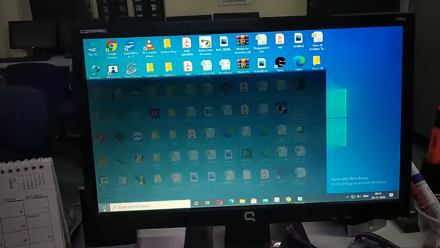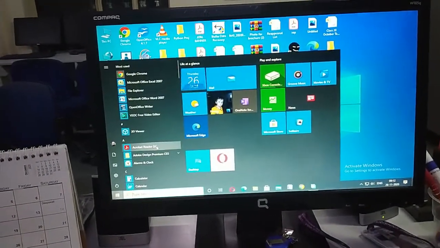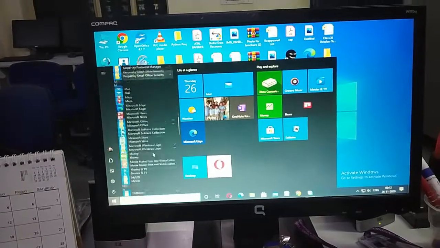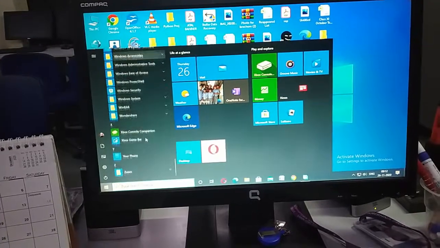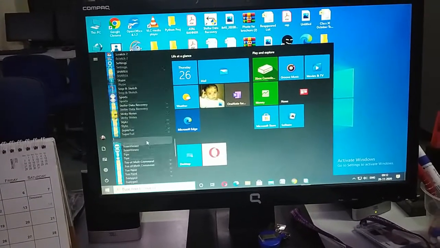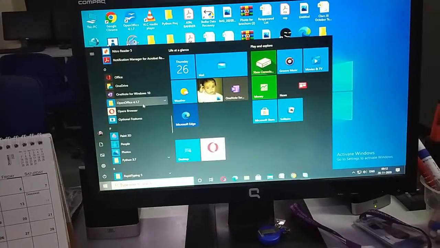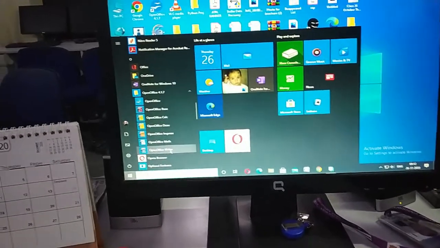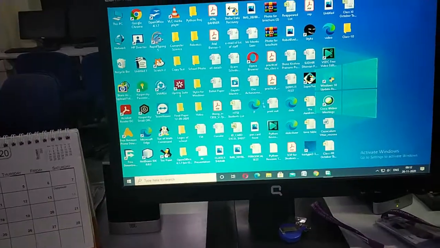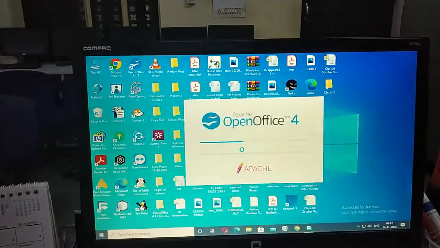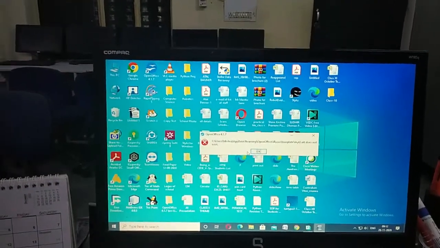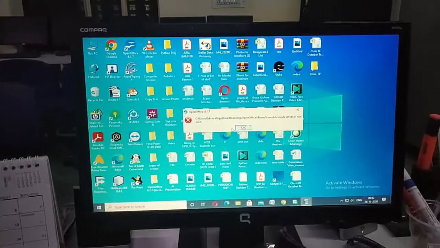Just open OpenOffice Writer, because in Writer you are going to create the table of contents. So go to the OpenOffice folder wherever it is installed in your computer and just click on it. You'll get the Writer, click on the Writer, and the moment you click on the Writer, the window will be there in front of you. And then first and foremost, what you have to do,